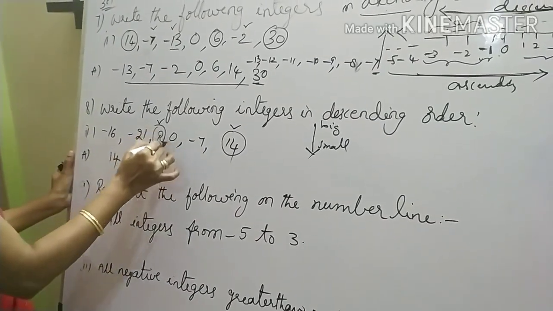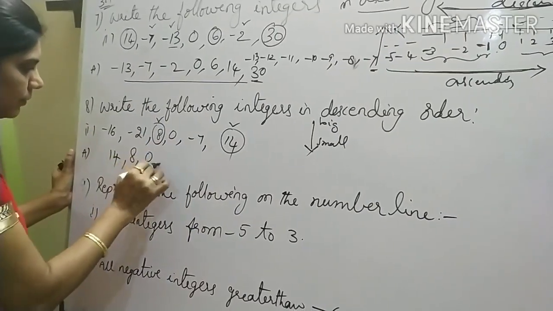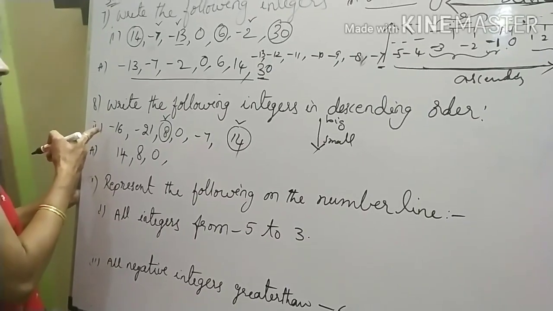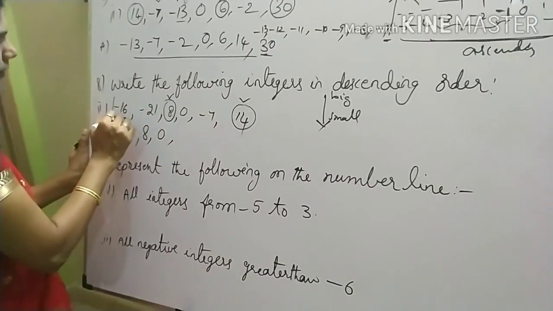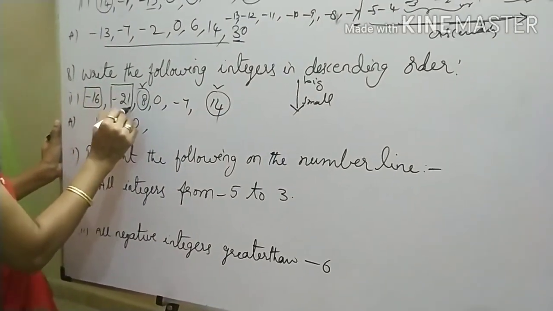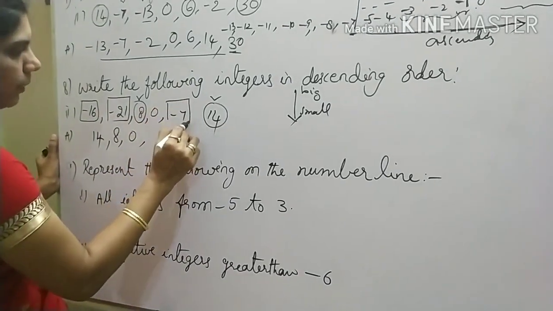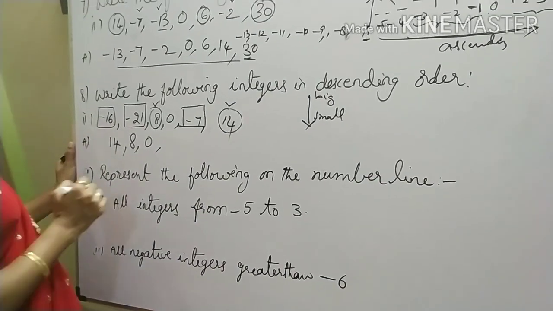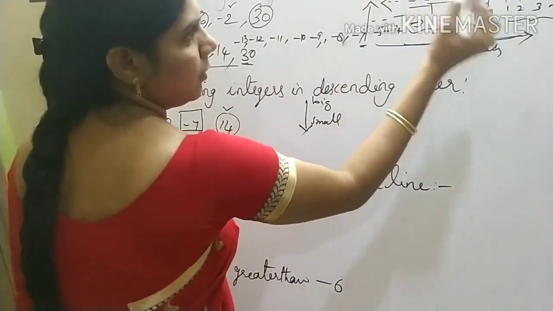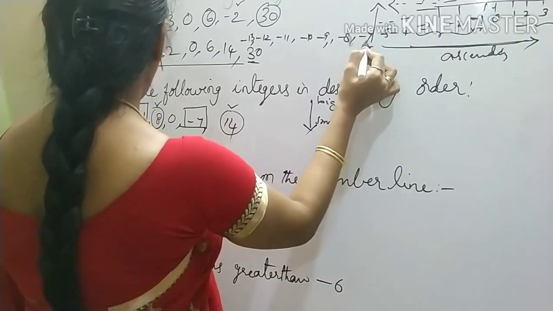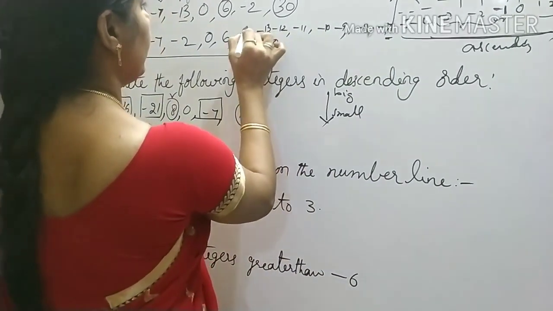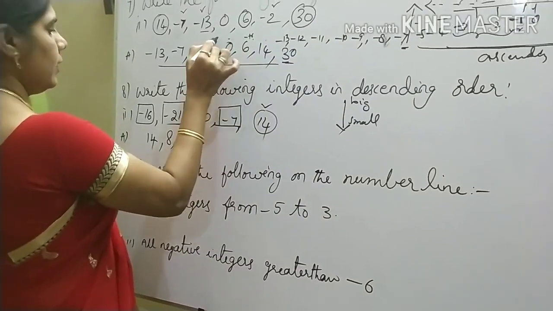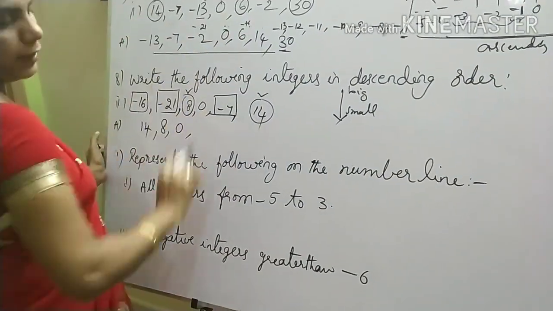After that, the non-positive, non-negative number 0. After that, you have to write these negative numbers. This one is a negative number, minus 21. Here you have minus 7. Among these three numbers, which one will you get first in this direction? First you will get minus 7. After that, maybe minus 13, minus 14, minus 15. Here you will get minus 16. On this side, if you go, you will find minus 21, right?